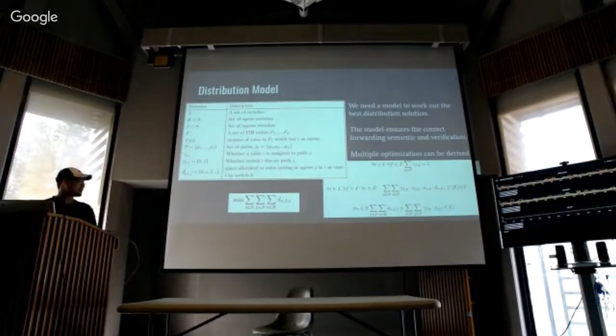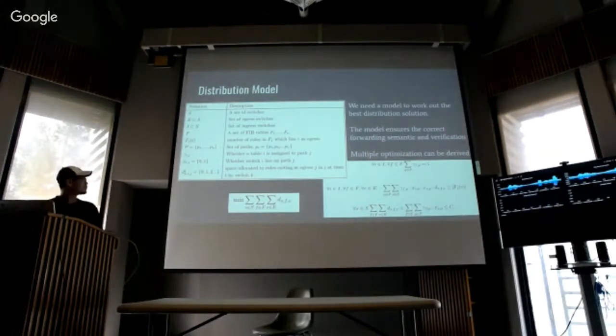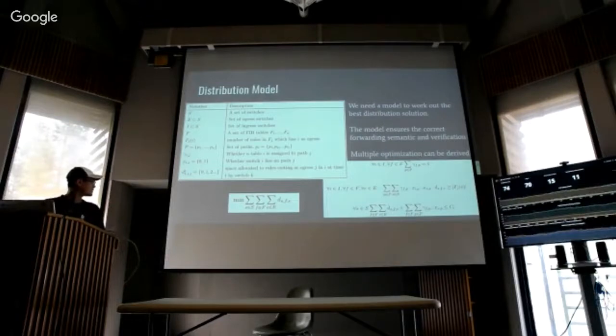So to study those things and see what can be the best way to decompose the tables and distribute the table to switches, we need a model, and I propose a very simple model with forwarding tables which can be decomposed into very small ones, and a set of paths between routers and the capacity of each switch, and then it comes with a set of constraints to make sure that the forwarding semantics is preserved, and then we can come up with a lot of other optimization